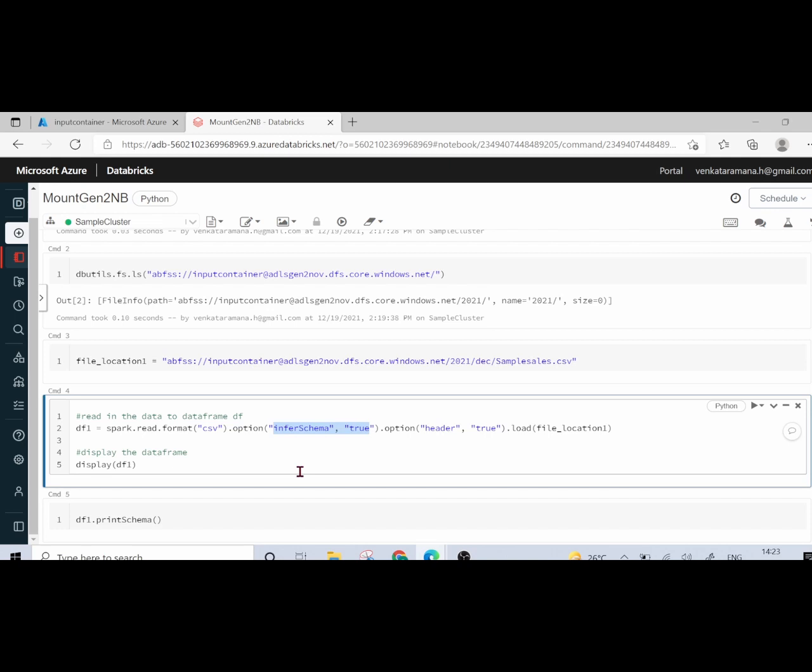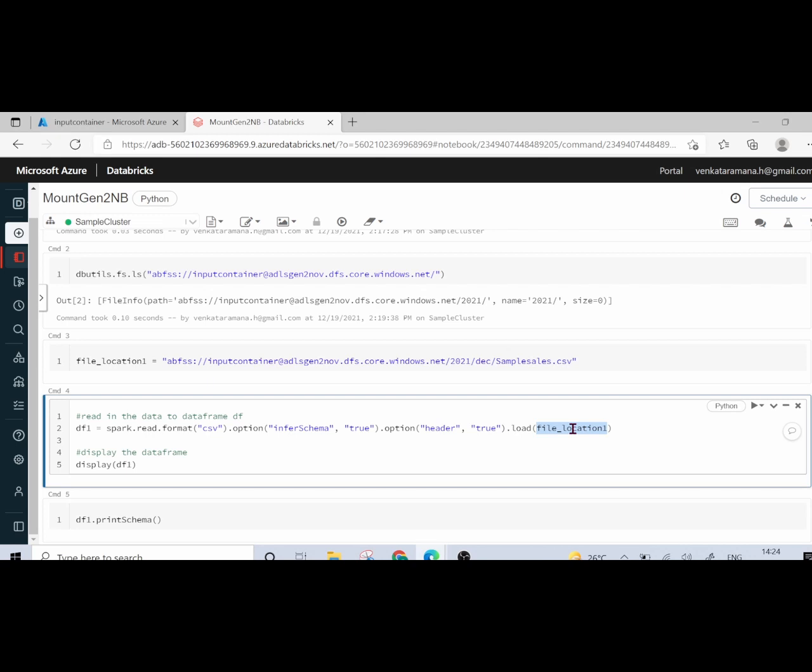You're telling your data frame that at runtime, whatever values are passing inside a column, just take those values. If you're passing employee ID as 1 2 3 4 something like that, then at runtime it will consider it as integers. If you are passing some 100.00, it will consider it as decimal. If you are sending a name inside employee name, it will consider it as string. If you are sending a date column, it will automatically consider that as a date schema. If you want that feasibility, you can make use of this option inferSchema as true.